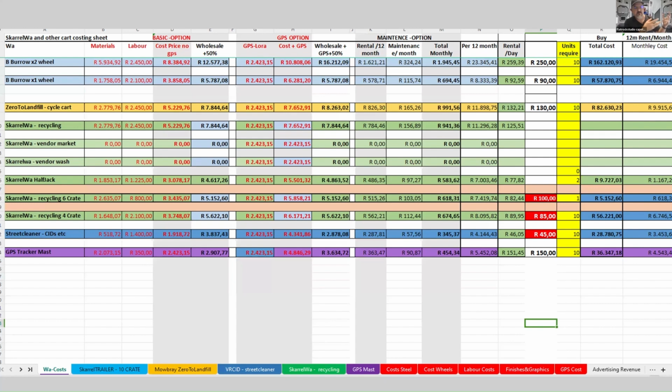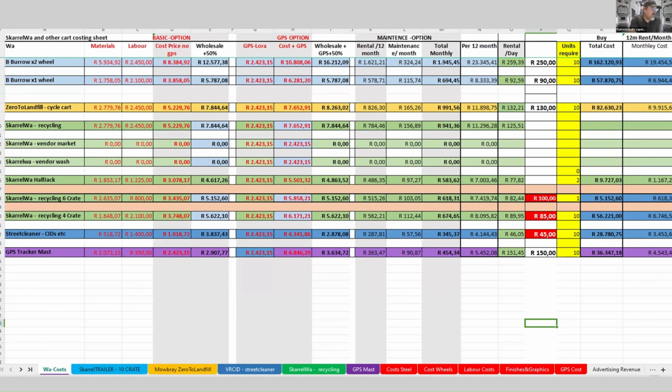We provide an added value product to the carts. Clients can opt in on a GPS module for fleet management or asset management, so they can track where their carts are. The next set of columns is a maintenance contract, where you pay a monthly maintenance fee per cart.